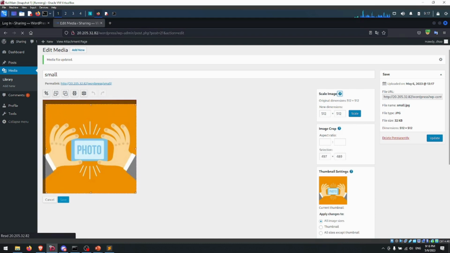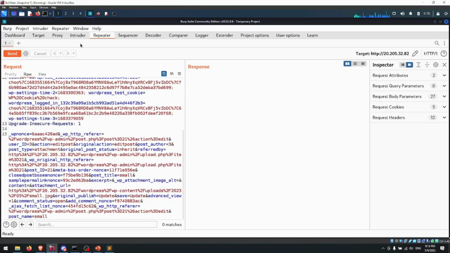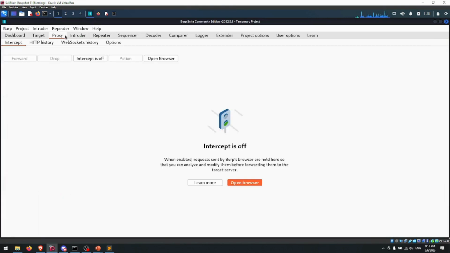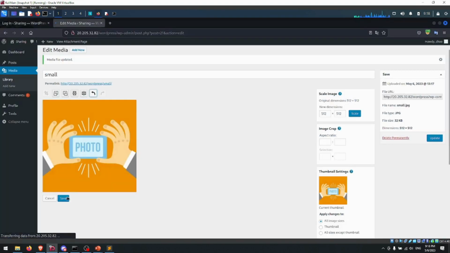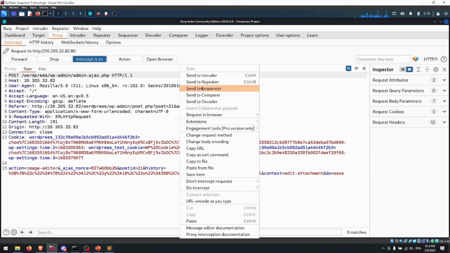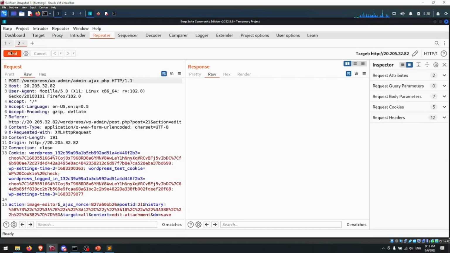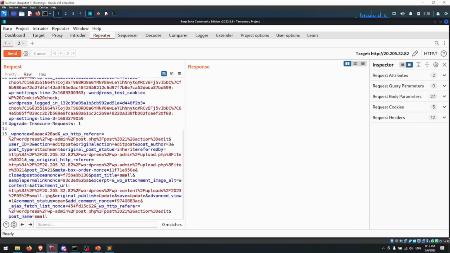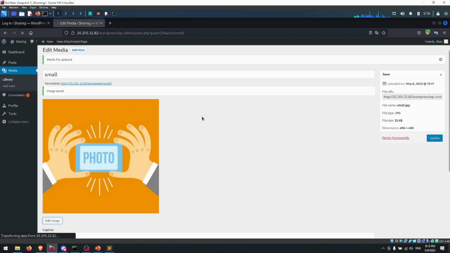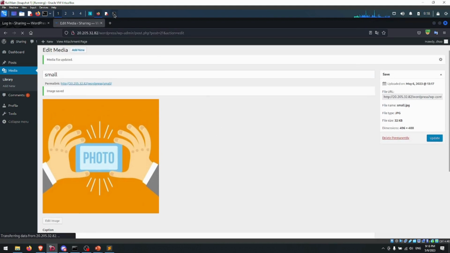I'll be cropping like this, and then you need to click this button. After you click this button, turn on your intercept, save, and you reach this request, send to repeater, turn the intercept off, and that's it. We need these two requests for now. Okay, so what are we going to do next? We need to